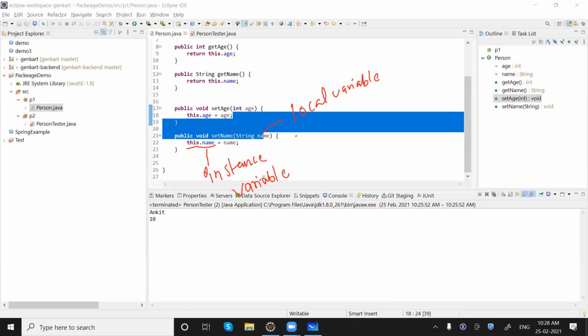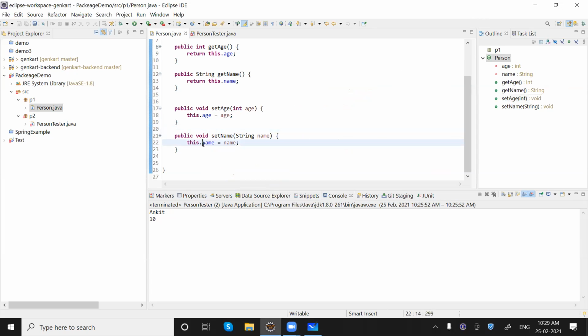Whenever your instance variable and local variable have the same name, then to differentiate between them we need to use the this keyword, right? Yeah. If they are not the same, no need of this, right? Then we can use it directly. Let's say at this place we have n, we can just say name equals n, then there is no confusion. Okay, let me just show you. Got it. For example, if I write like this, you can see one warning we are getting here.